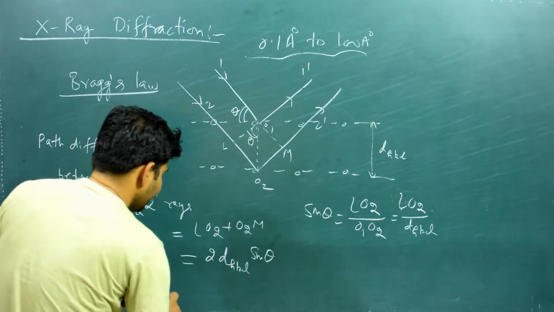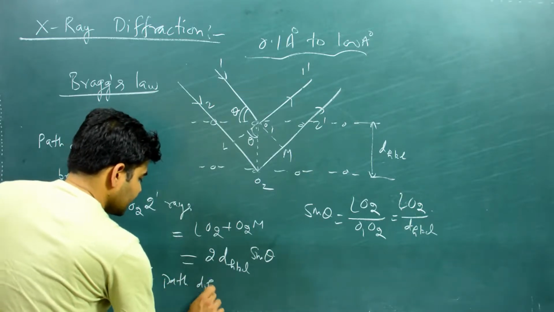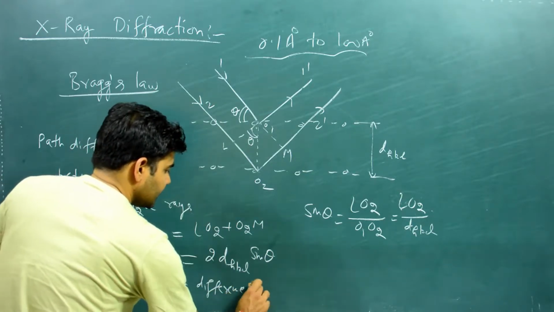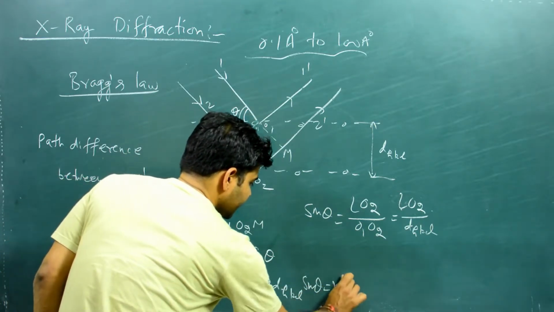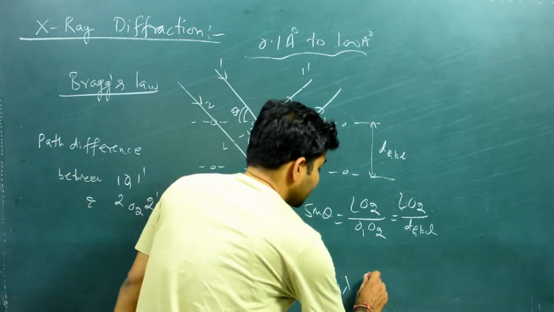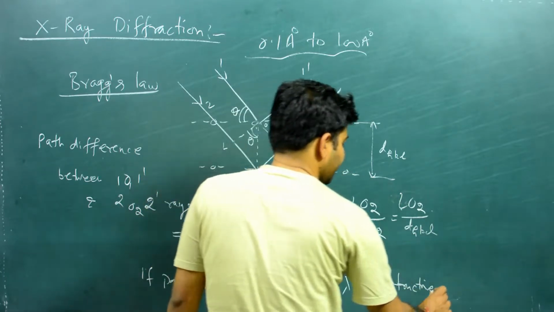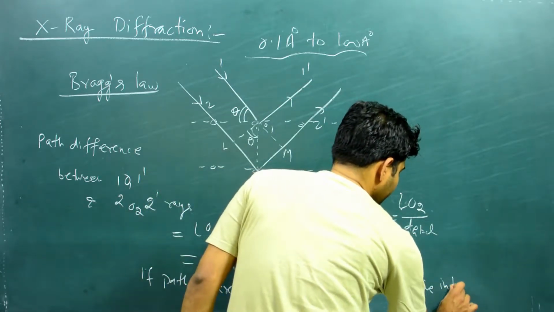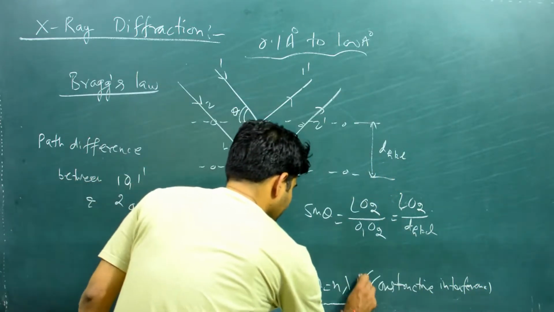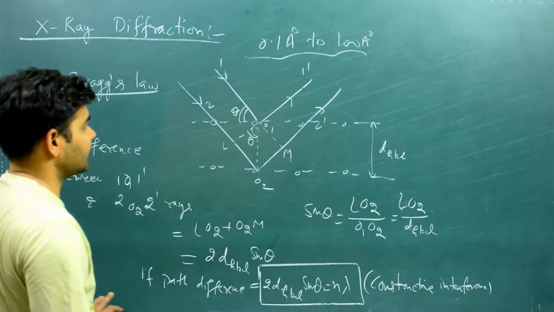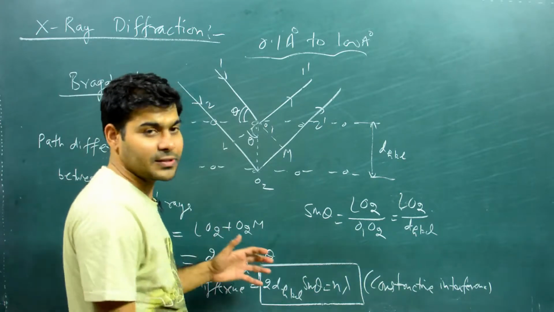If the path difference, 2 d_hkl sin theta, is equal to n lambda, where n is the order of diffraction, that gives us constructive interference between these two rays. This is known as Bragg's law for X-ray diffraction. This is the master equation. We can draw a lot of information about the crystal using this